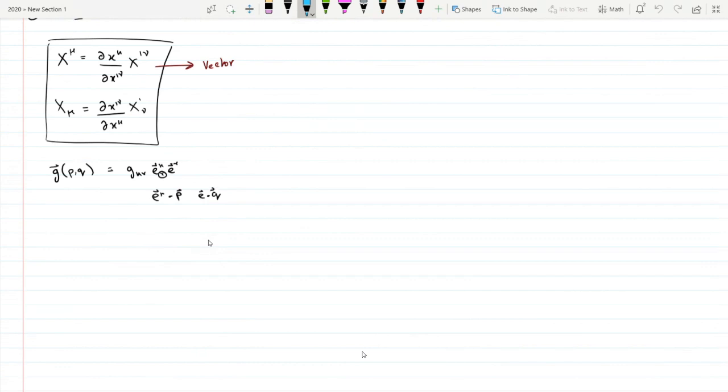So if you work that out, I can now ask, how does my metric tensor change with the change of variables? You'd see that the tensor itself follows this rule, that if I have T prime mu nu, it'll be related to the old one in terms of T. T mu nu should be equal to dx prime mu. Okay,